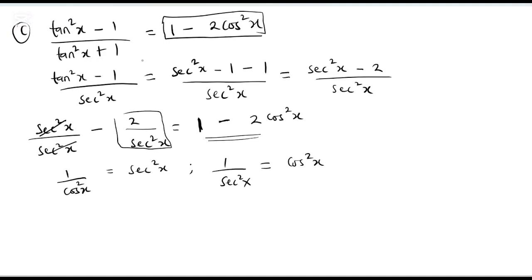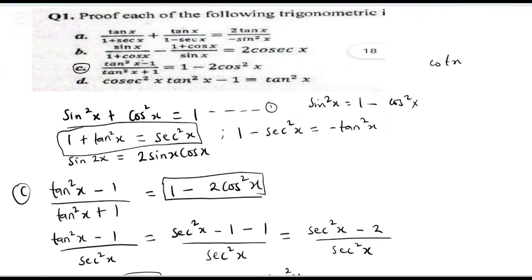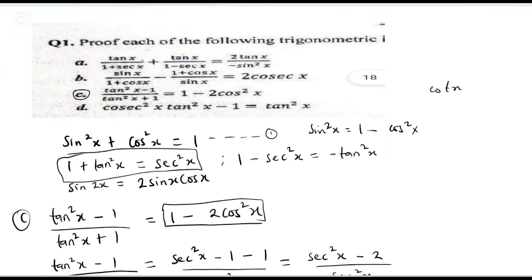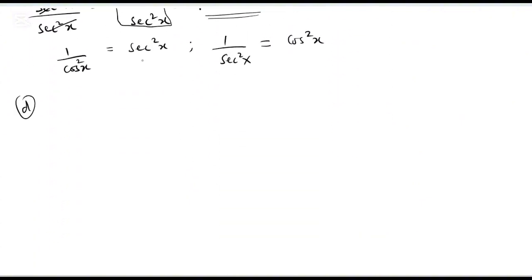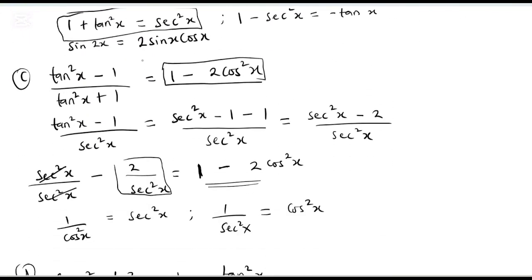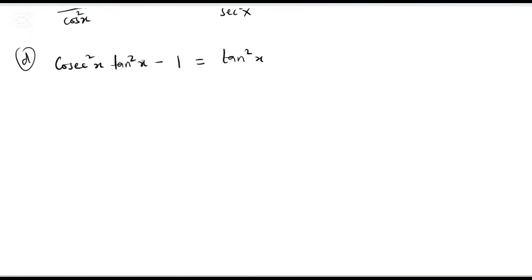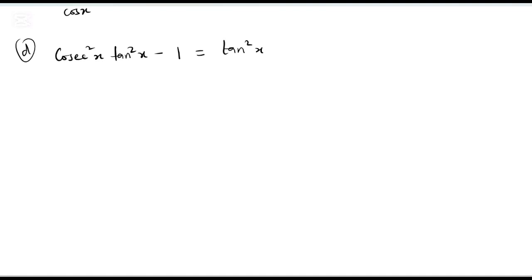So now we move on to D. What is D? So this is cosec squared x times tan squared x minus 1 is equal to tan squared x. Let's write that. Cosec squared x times tan squared x minus 1 is equal to tan squared x. Let's see if we are correct. So how do we solve this? Okay, we know that cosec squared x